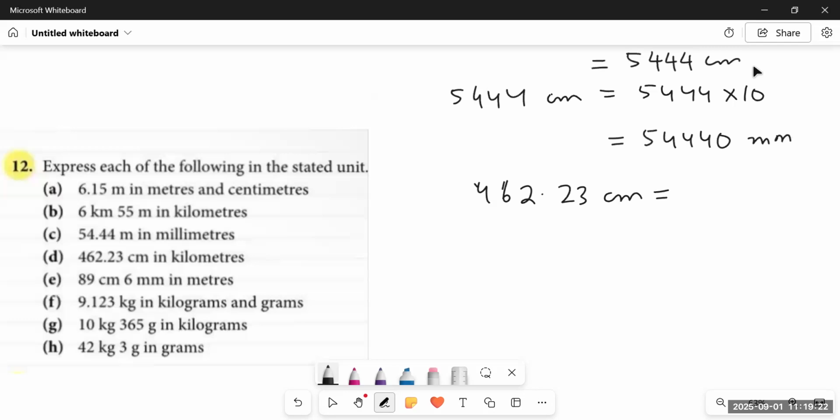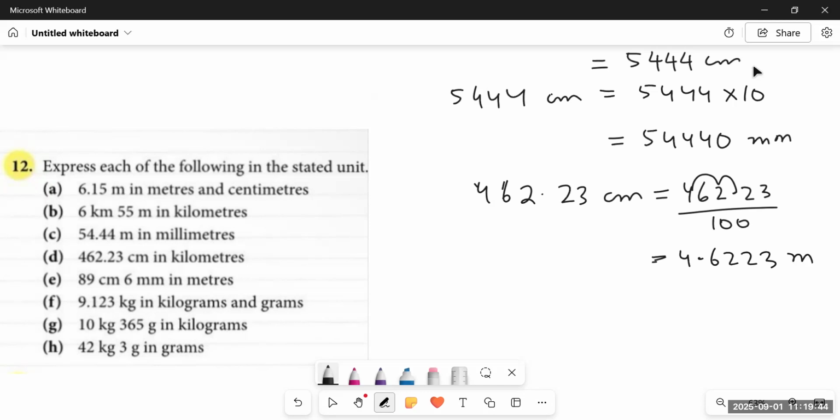We know there is a conversion rate of 100. So upon converting it from centimeters to meters, we are going backwards. We will divide it by 100. Okay. So it will convert into meters. And when we divide it by 100, the decimal will move 2 places backwards. It becomes